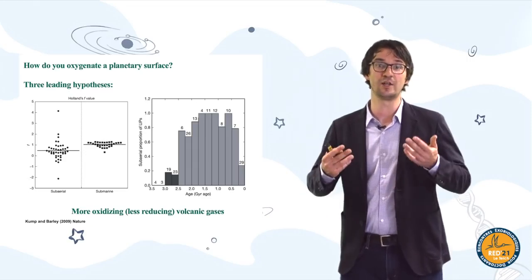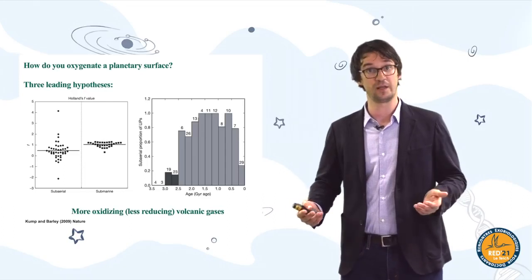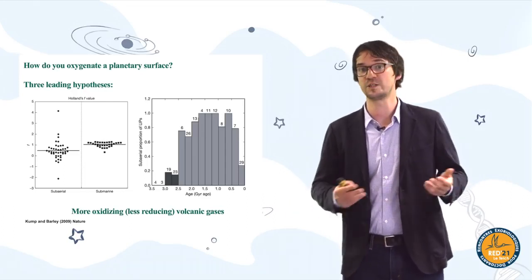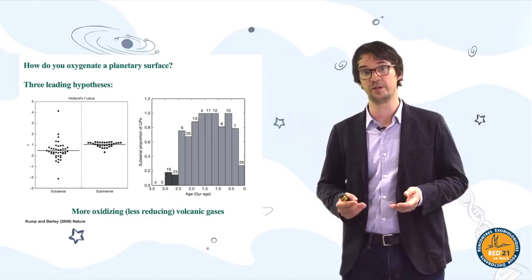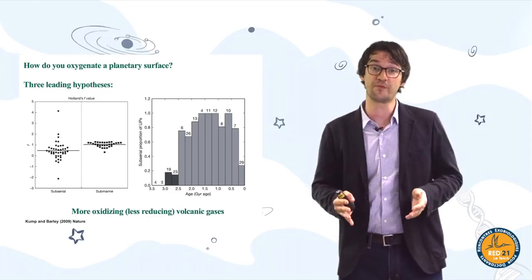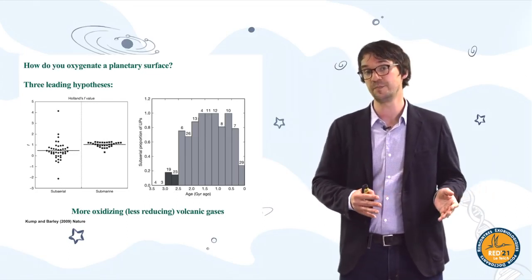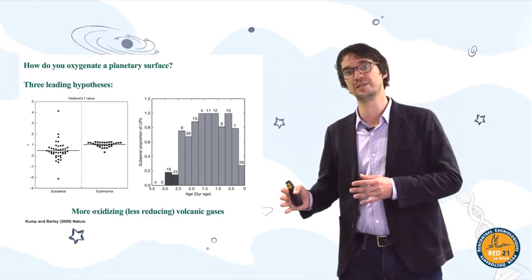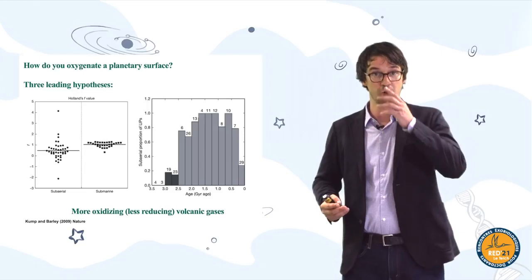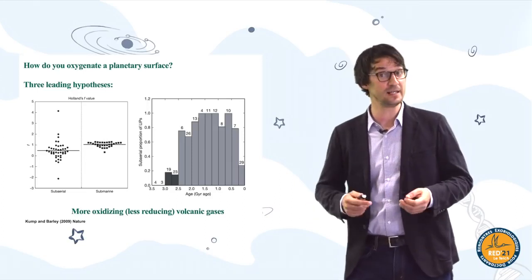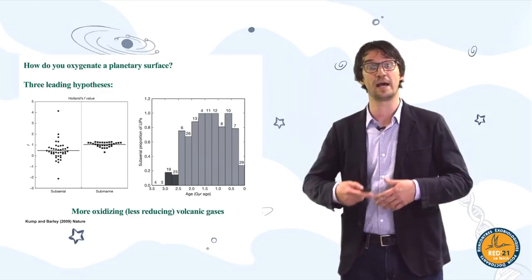What's a LIP? A LIP is a large igneous province. It represents a very large eruption of lava at Earth's surface and a corresponding release of gas. And what we can see is around the Great Oxidation Event 2.5 billion years ago, there seems to have been a shift from more reducing gases issued from subaqueous volcanism to less reducing gases issued from subaerial volcanism. So perhaps a change in these volcanic gas sinks for oxygen may have contributed to that oxygenation of Earth's